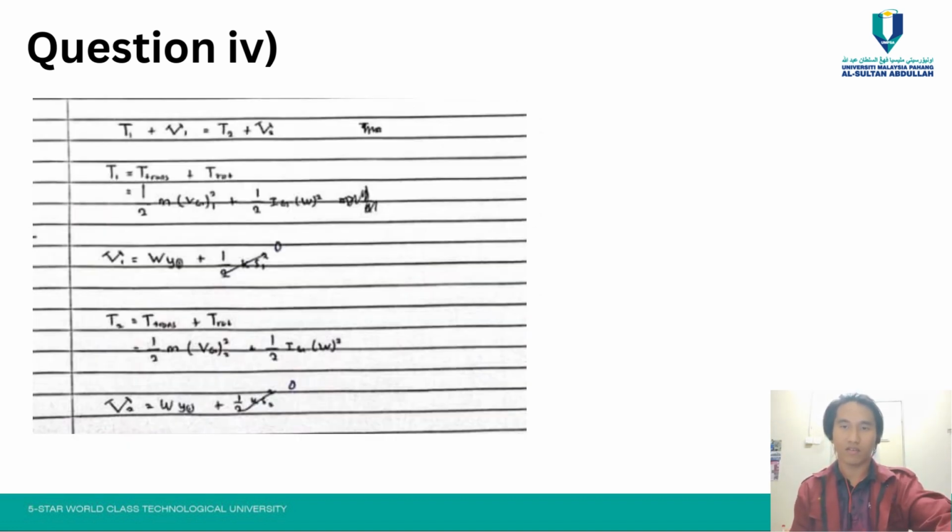This is my calculation. First, we need to find T1, which is equal to T translation plus T rotation. So T translation equal to 1 over 2 mass, multiplied with velocity at point G squared, plus T rotation, which is 1 over 2, multiplied with mass moment of inertia at point G and multiplied with angular velocity of BC squared. So to find V1,